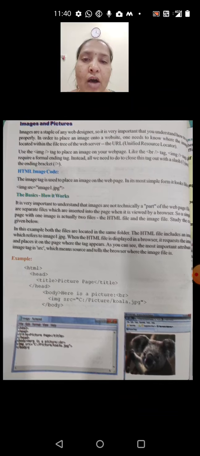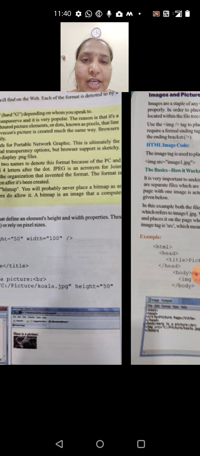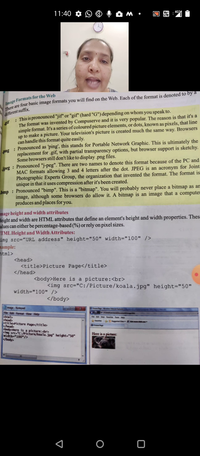This is how images and pictures are used in HTML, and the extensions which are used for images are .gif, .png, .jpeg and .bmp. These are all the images. Then we can also give the height and width attributes.